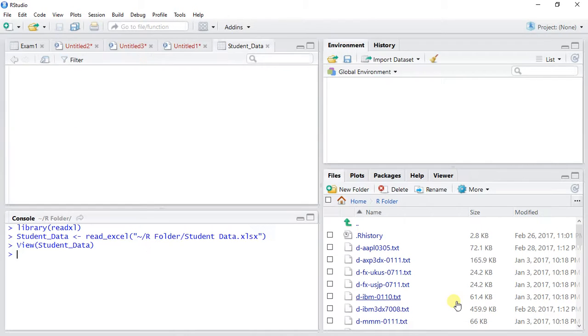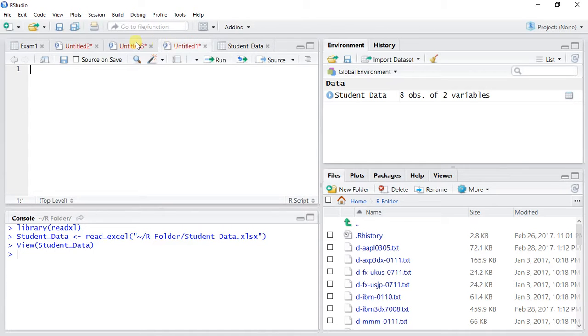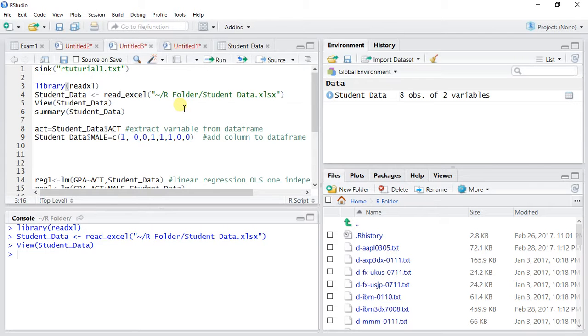So import, and you'll see in your global environment the student data file that has been uploaded. And here you'll see the data itself, 8 observations of GPA and ACT scores. Okay? So with this data we can now start working with simple commands. So I'll start with